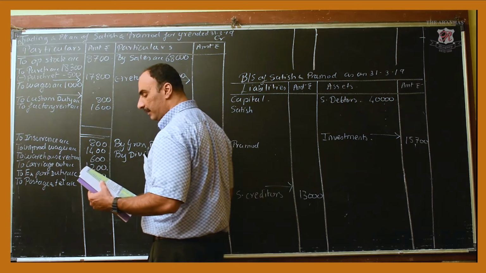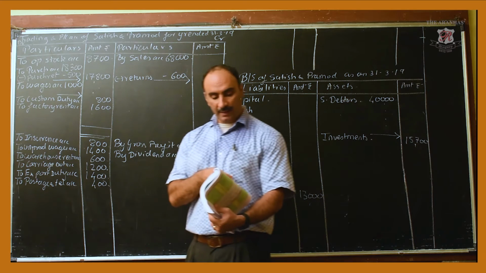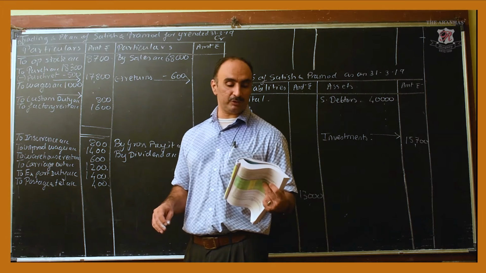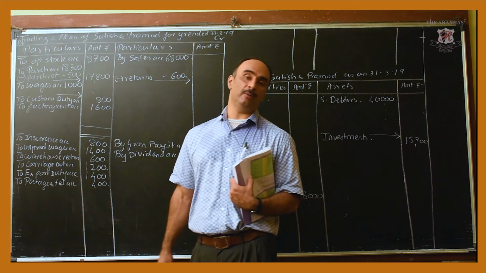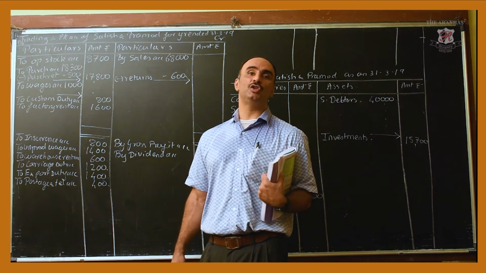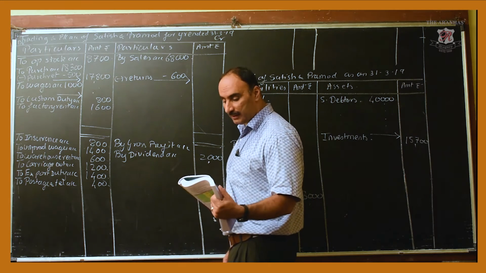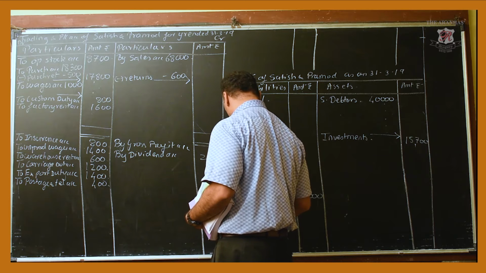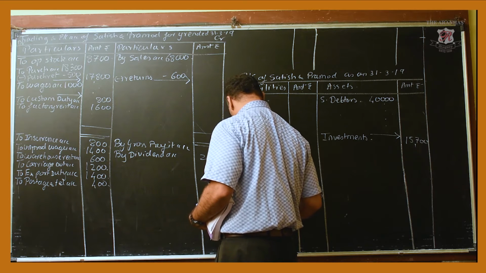Then after creditors is a 10% bank loan of 8,000 with effect from 1st of July 2018. I told you, a minute ago, there is something in brackets, there is a hidden adjustment. So let us tackle this first. Let us record our loan. So here I will record the 10% bank loan.